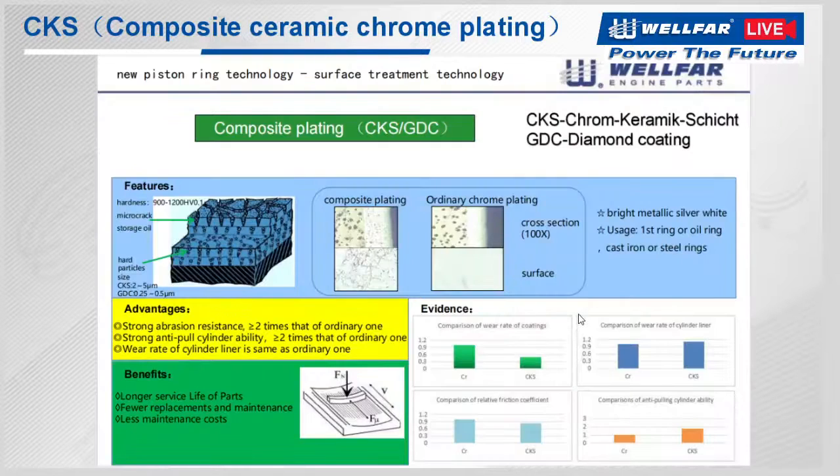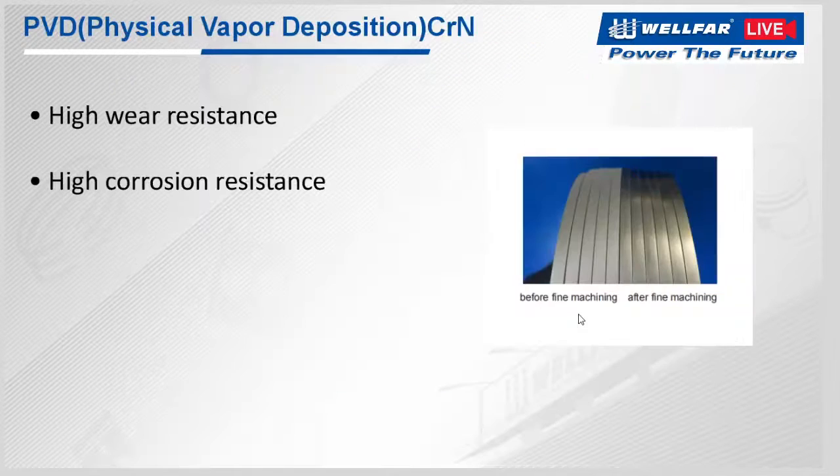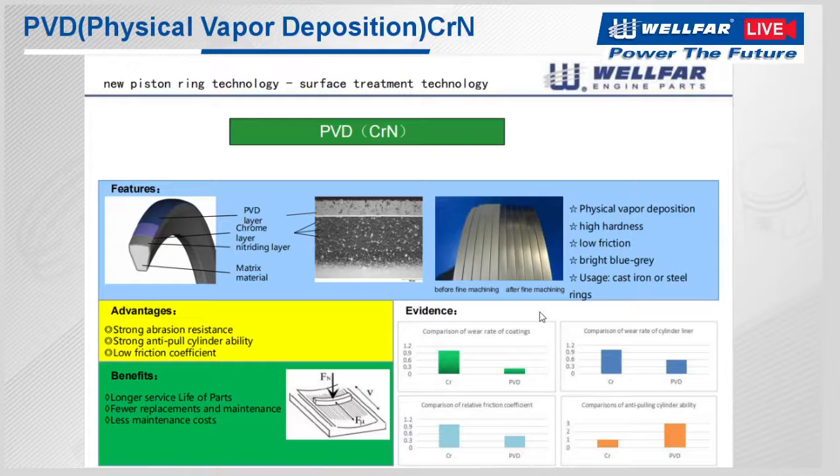cost. The next technology is physical vapor deposition. We also call it PVD coating, and it has high wear resistance and high corrosion resistance. We can see from this picture, the left is before fine matching and the right is after fine matching. And compared to chrome coating, it has much lower wear rates and relative friction coefficient and much higher anti-pulling cylinder ability. And for the next one,